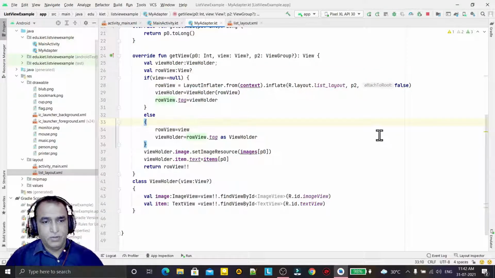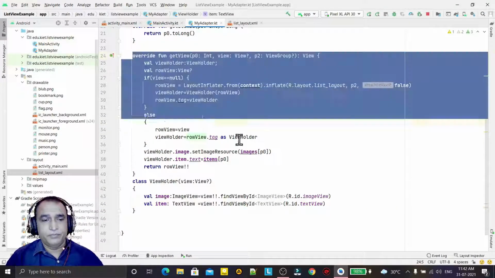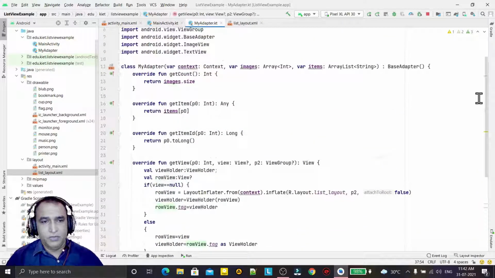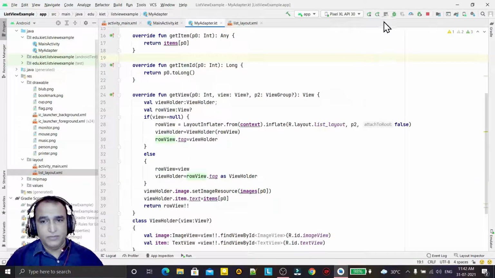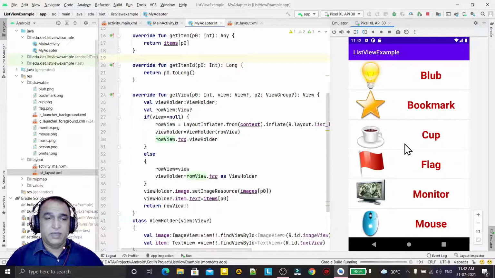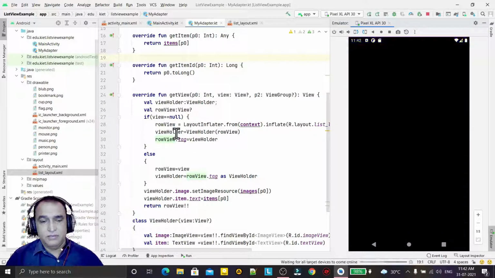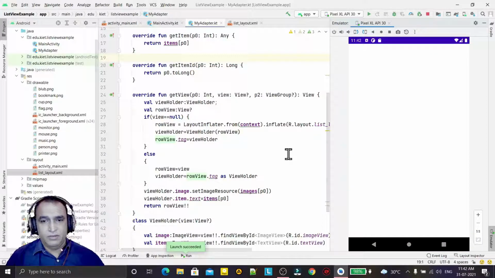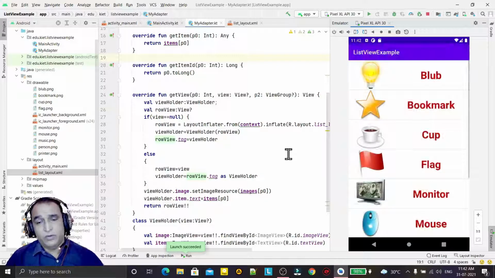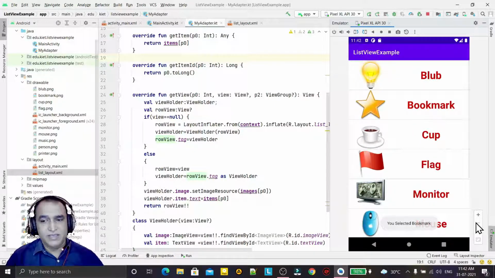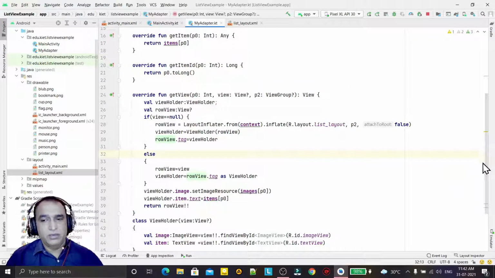Okay, so you see, the warning has gone. We have converted the base adapter with view holder, so we do not have any warning now. If I run this code this time, it will run the same way as it was running in the last example, but this is the new modern way according to the requirement of the new APIs without any warning. The same concept is coming here, no problem at all, but it is a fast and improved version of base adapter using view holder class.